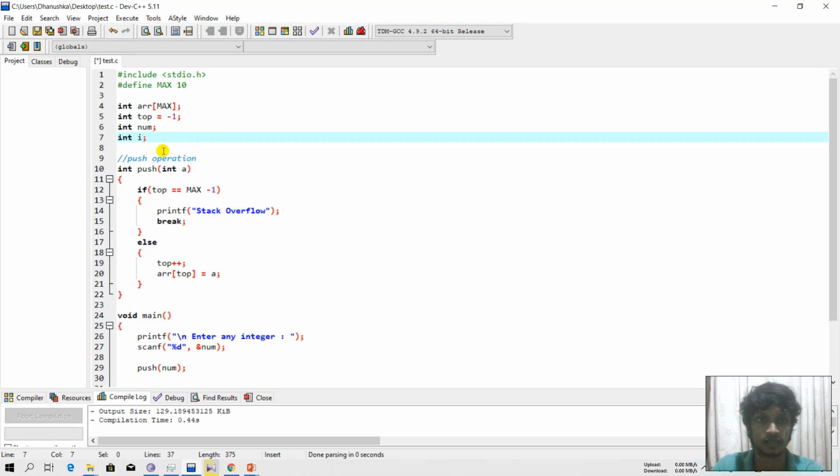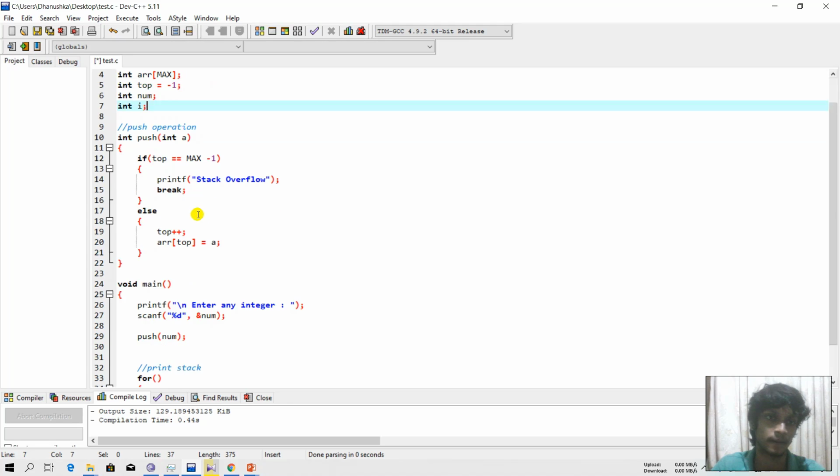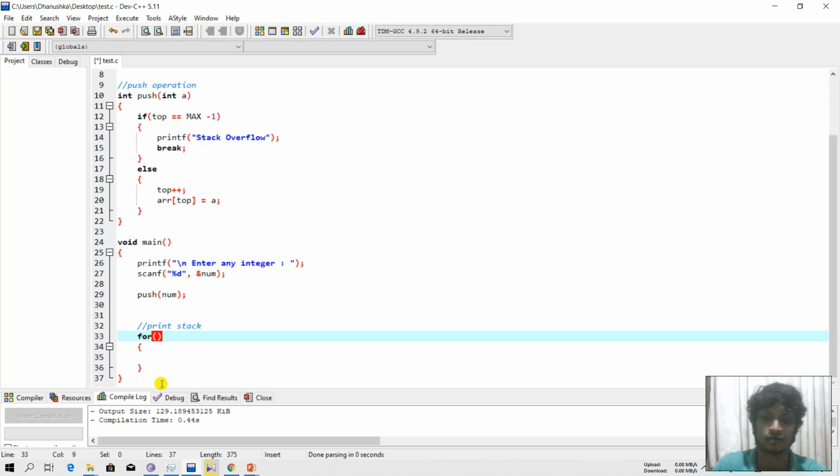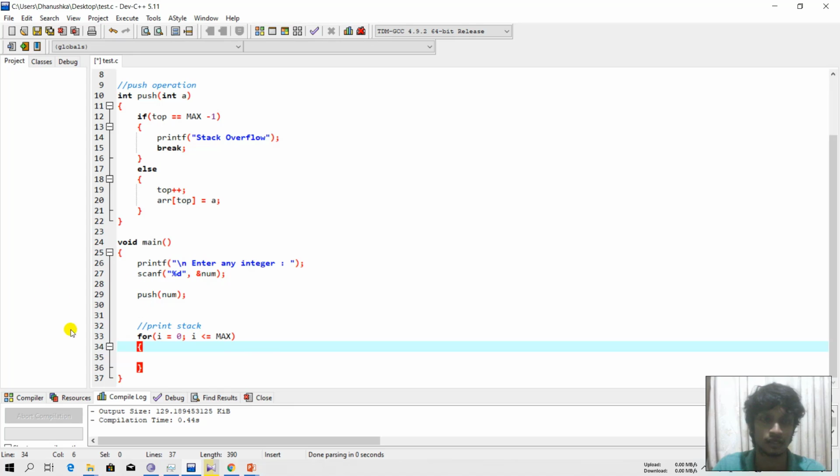So therefore we can keep continuing our loop. In here there will be i equal to 0, and I will go up until the top like this, because it is not necessary to define our condition like this. Imagine our stack having a maximum value of 10, but it is currently having 4 values.